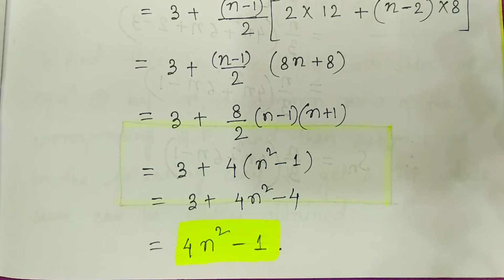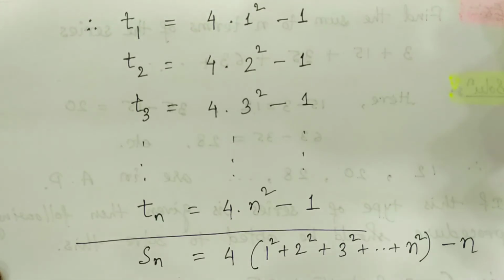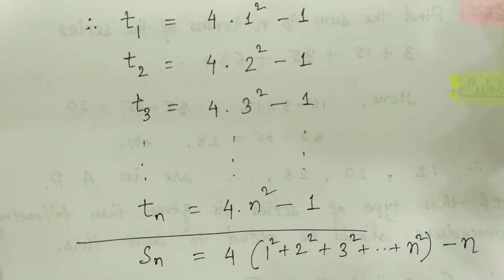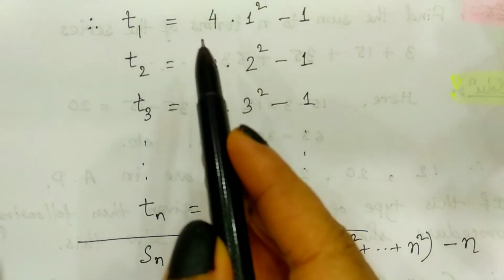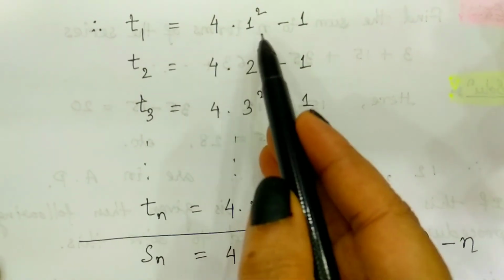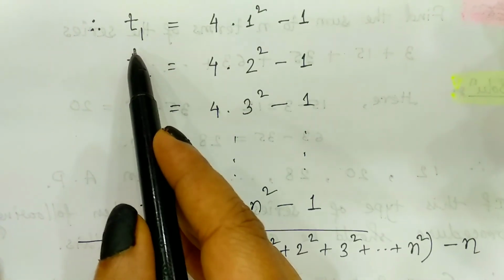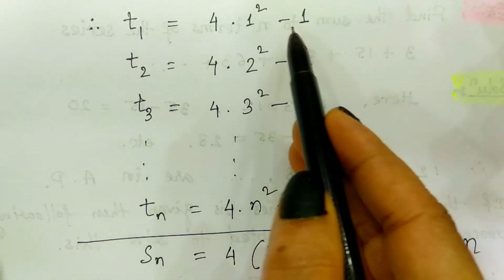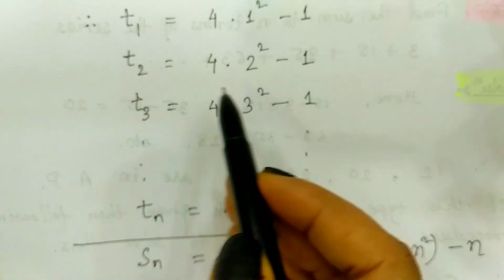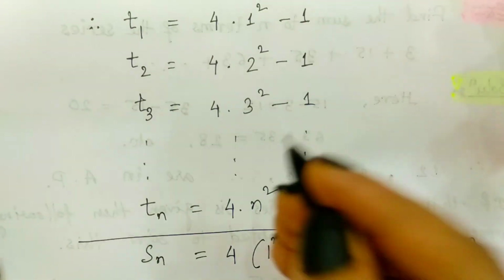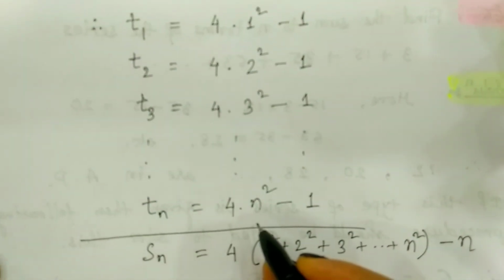So our first target is to find out Tn for any given series. Once you can find Tn, it is simple to solve the entire thing. So now what to do? For this Tn, we just substitute n as 1, 2, 3, 4 in this way up to n. Tn is equal to 4 into n square minus 1. When we substitute 1, T1 is equal to 4 into 1 square minus 1. For 2 it is 4 into 2 square minus 1. Similarly for Tn it is 4n square minus 1.